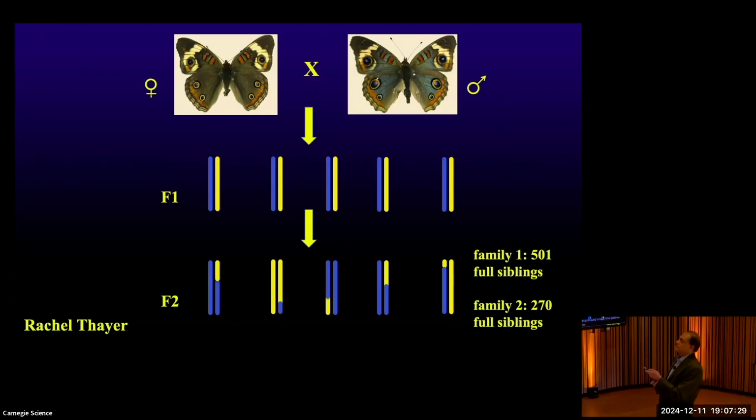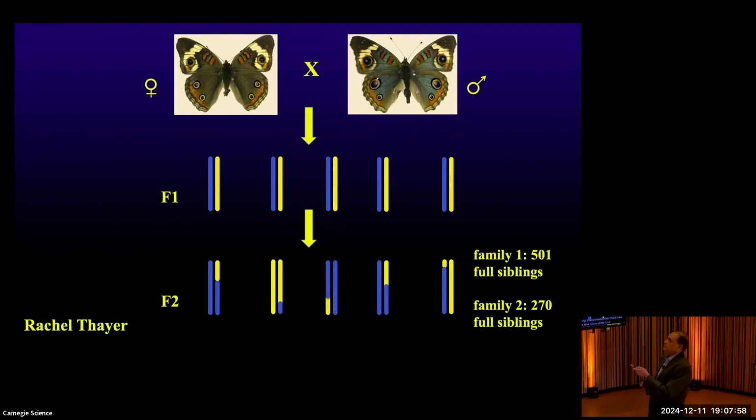So the idea is that we've got the brown original buckeyes and we have these blue buckeyes that Edith had selected for. So we can cross those together because remember, they're only separated by a few generations. They're still perfectly fertile with one another. And we get what we call the F1 generation, so the children of this cross. Now, each of those butterflies contains, for every chromosome, one copy from the brown parent and one copy from the blue parent, okay?